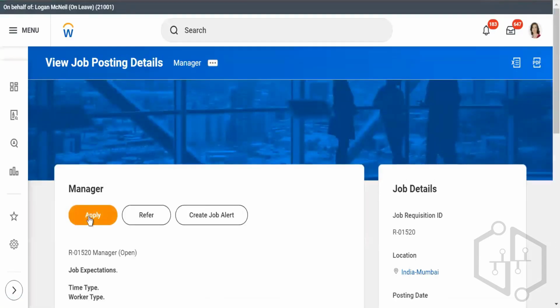See, she can apply. Earlier, we didn't get the apply option, right? Maybe we would have got it because we are in her name. However, why I'm specifically telling this for internal candidates is to test a few internal candidates